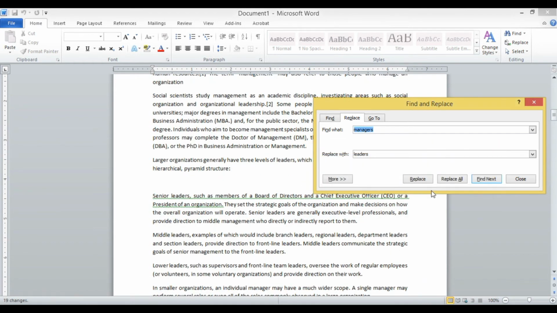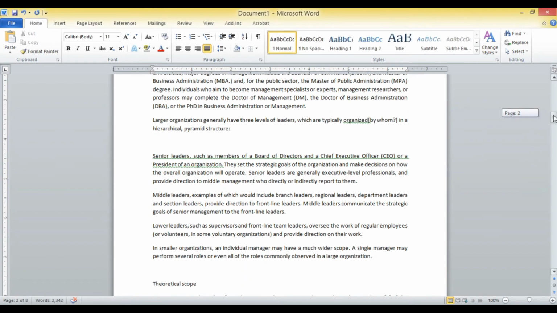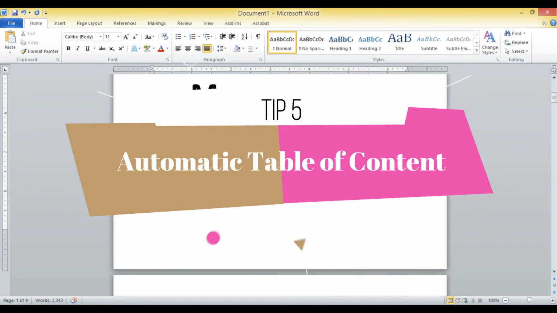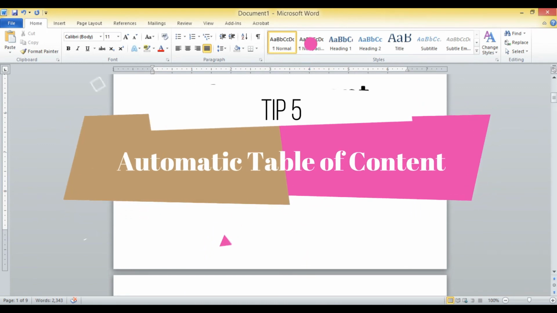So you could see that the word manager has been converted into leaders, right? So it was section managers, department managers, regional managers, branch managers, all has been changed into leaders. Next thing that I'm going to teach you is to make a table of content which would act